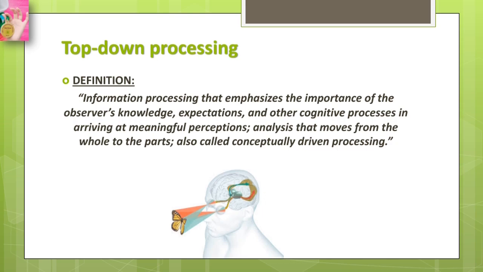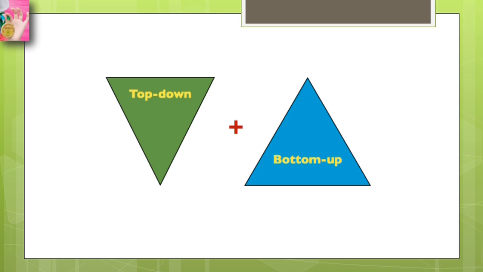Top-down processing occurs when we draw on our knowledge, experience, expectation, and other cognitive processes to arrive at meaningful perception, such as people or objects in a particular context. Now, bottom-up and top-down processes are involved in our everyday life. Clearly, bottom-up and top-down processing are both necessary to explain how we arrive at perceptual conclusions,